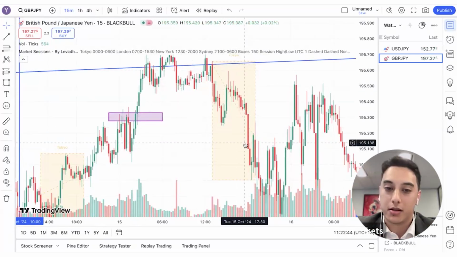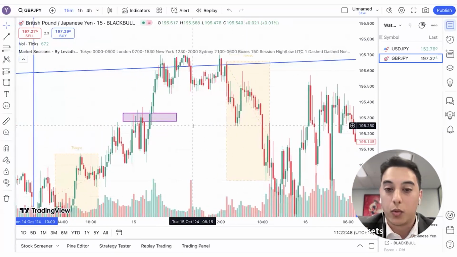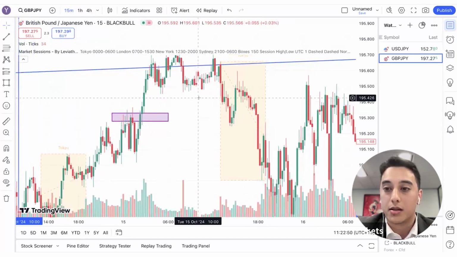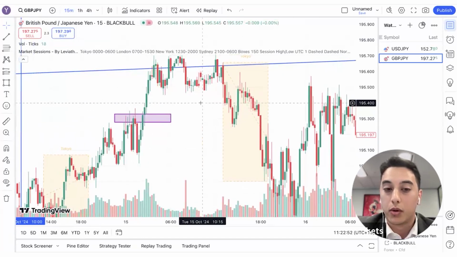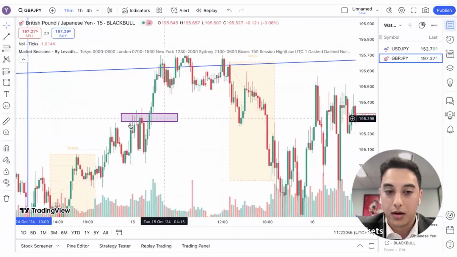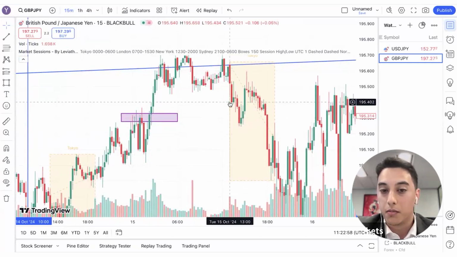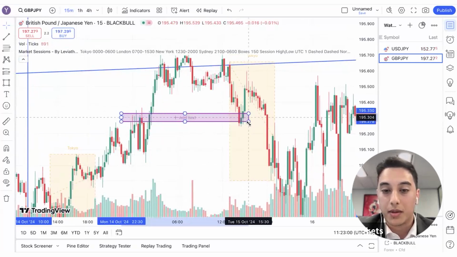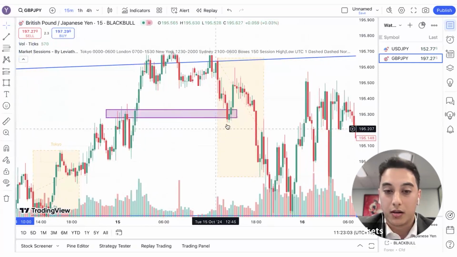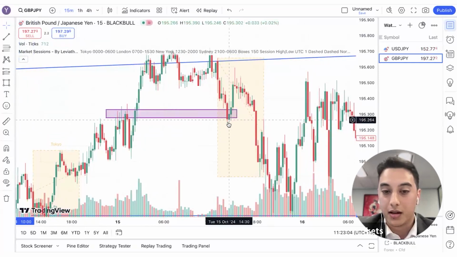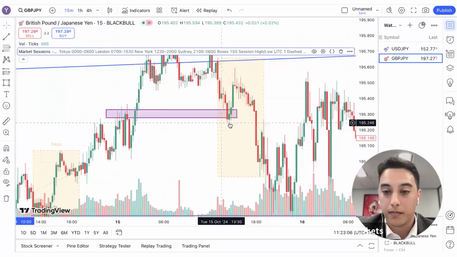Let's just say that we're buyers and we're looking to buy the market and we think it's going to break up. What place do we want to buy? Where would the buyers kick in and where is the support? It's around this area. So anything that happens here, we're ignoring it. Once we come into this area, we see this green candle printed here. This is a double bottom, by the way.